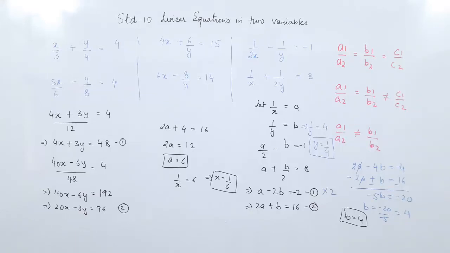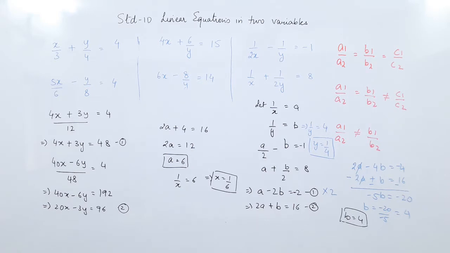Good morning friends. In the previous lecture, we saw equations reducible to a pair of linear equations in two variables. So what are these equations reducible? So in the lectures so far, we have done three methods for solving. We have done the graphical method, I hope you have practiced. Then we have done the elimination method and the substitution method, right? But in that the equations were directly in the solvable form.